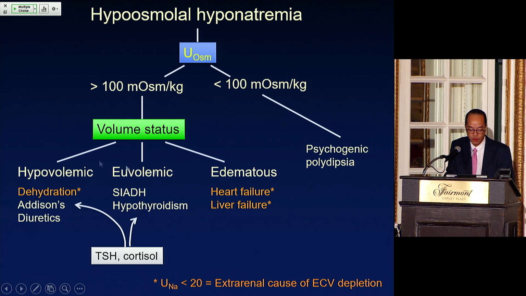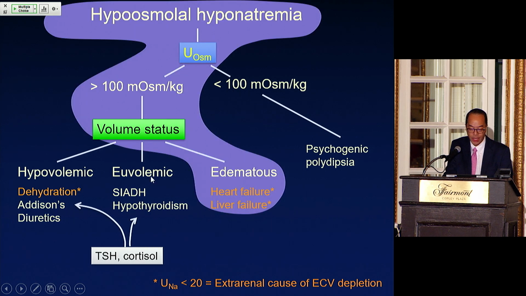And to distinguish between all of these cases, I use a physical exam. Obviously, volume status can distinguish between some of these. Urine sodium, which is low in volume depletion, either actual or perceived, unless it's due to renal salt wasting. I don't show this here, but sometimes uric acid is helpful. High, again, in volume depletion, low, less than 4, in SIADH. And then I always check TSH and cortisol because you may not suspect an endocrine disorder.